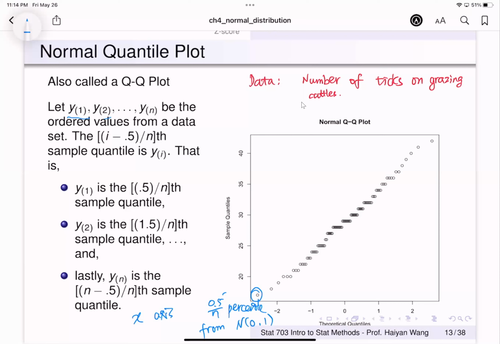Similarly, the next point would be the 1.5 divided by n percentile, and keep going until we have all of them aligned. This will give us the plot. If we see that all the points seem to follow a straight line pattern,